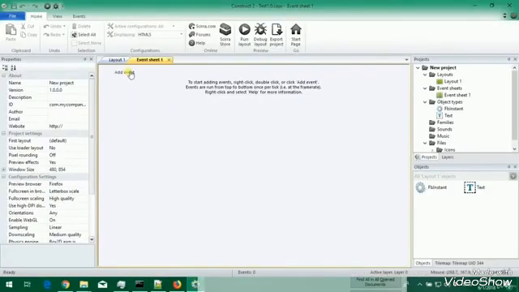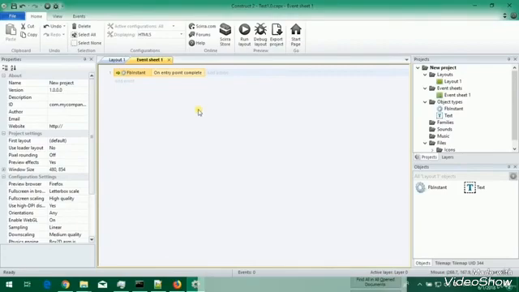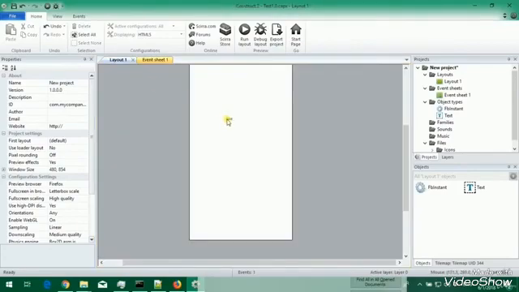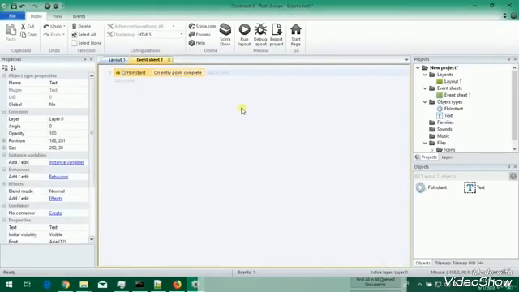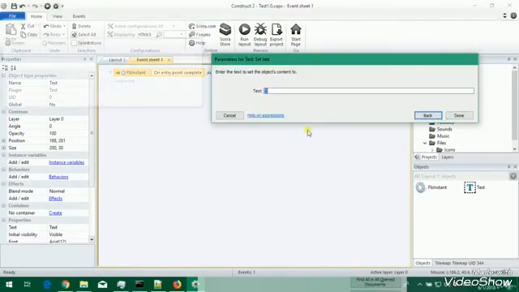Let's add an event when Facebook instant entry point complete, and then we add a text, set text as player ID and Facebook instant dot player ID,